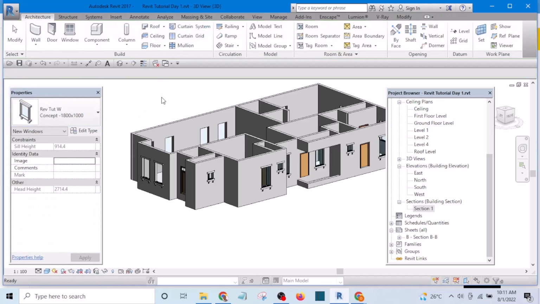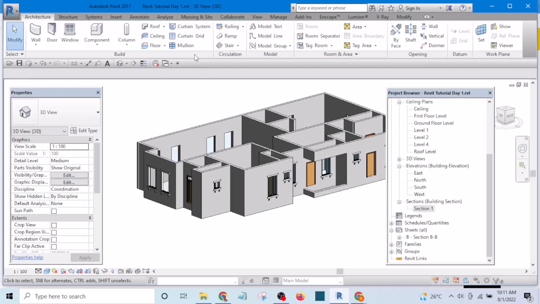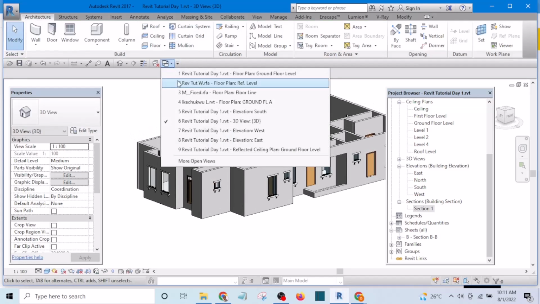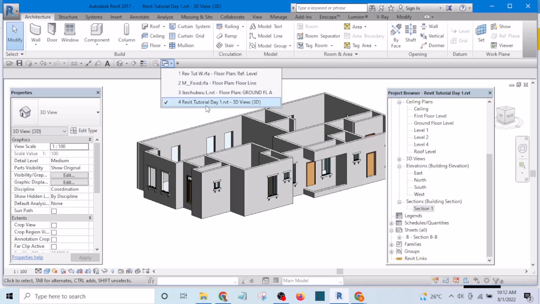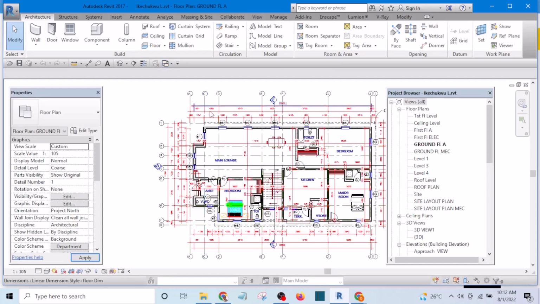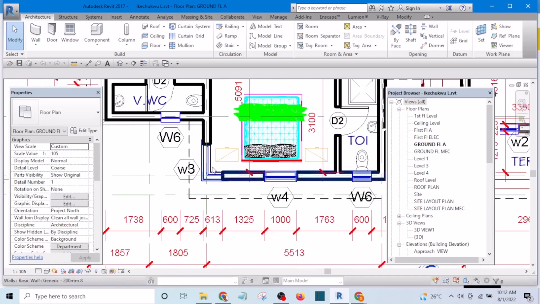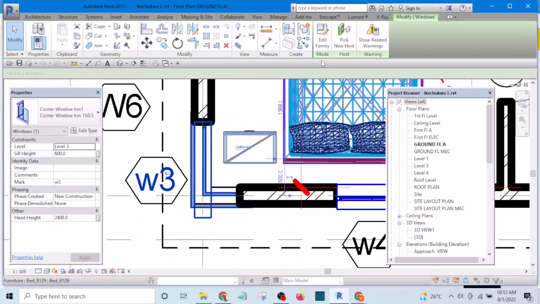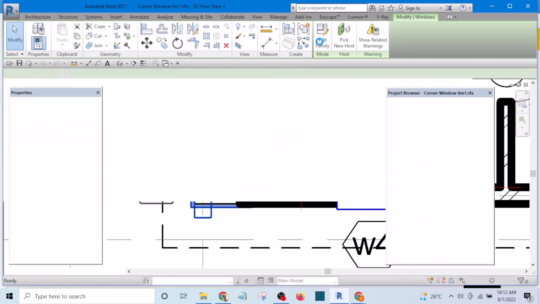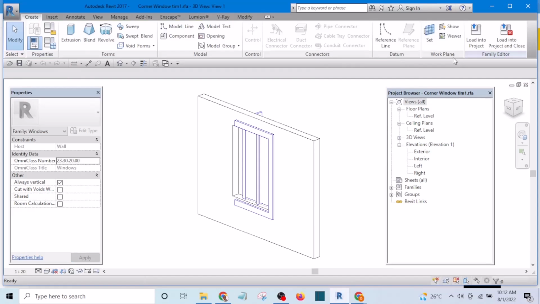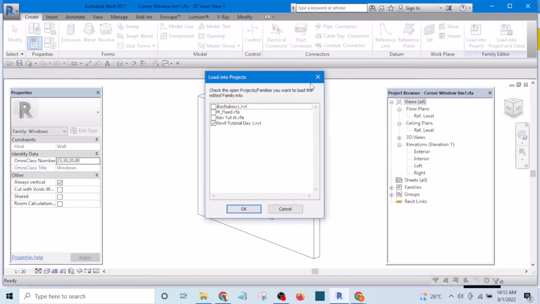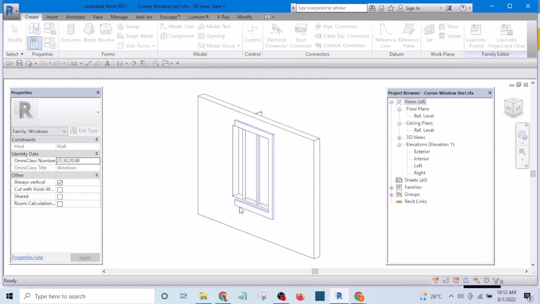So what I will do is to go to an existing project that I think I have a corner window in, and let me close hidden windows and let me select this particular project, and this is the corner window in this project. I can select it, edit family, then no need to work on it, load it into project and make sure that project is selected and click OK